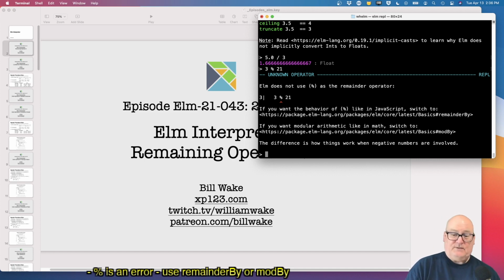And they work differently with negative numbers, where I think mod by just slides it forward by its number until it's in range, and remainder by maybe sort of moves them all towards 0 instead of that. Modular arithmetic, you get 0 to n minus 1 for a modulo n. And remainder arithmetic, I think you can get a negative number. Okay, but anyway,